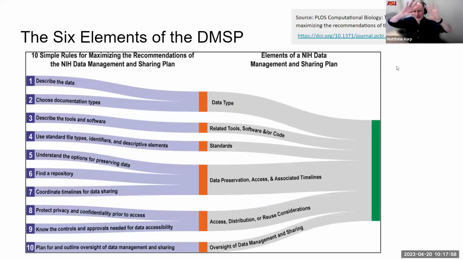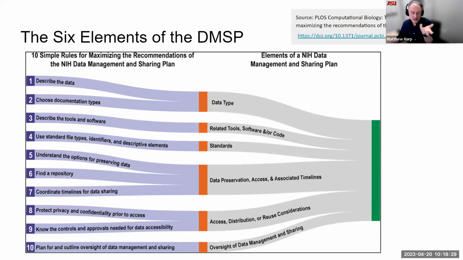Apologies, I know this seems like a lot to take in. It looks like a tentacle from an octopus. But what it shows is that there are a lot of elements that go into data management planning. The elements that actually go into a proposal are going to be very brief, broken down. Again, you're summarizing it into these 6 things. It's 1 to 2 pages, right? So it's not a novel. It's not everything that you're going to do, and it's not the day-to-day. It's just the overall understanding that you have a plan, you understand what you're going to do, and you have that end goal in mind.